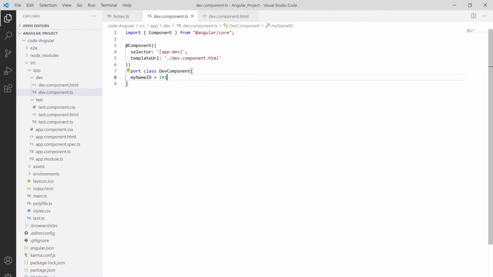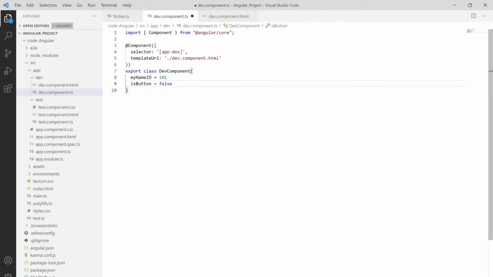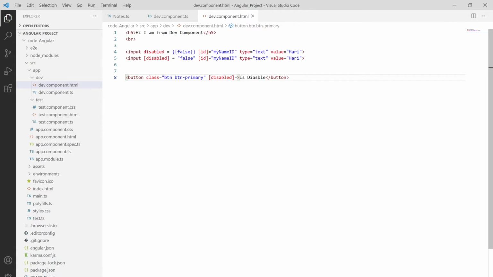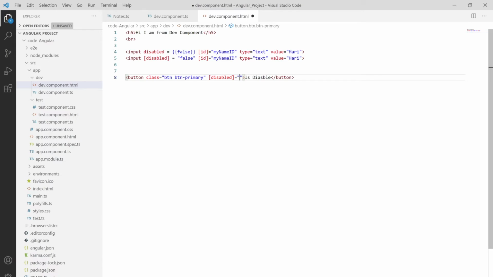I'm creating a property isButton and assigning the value false, saving it out, and then putting it over here. So I'm assigning false over here. Let me copy it out with Ctrl C, and then paste it, and save.